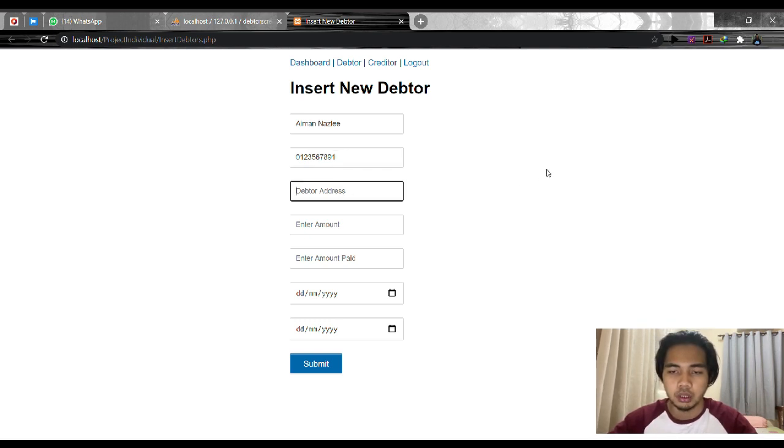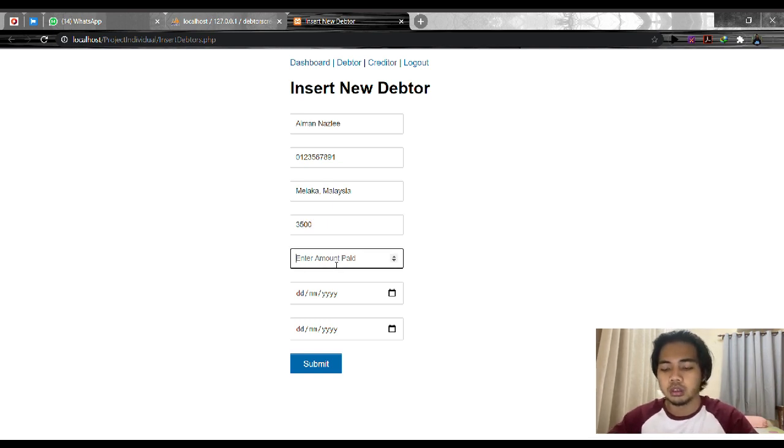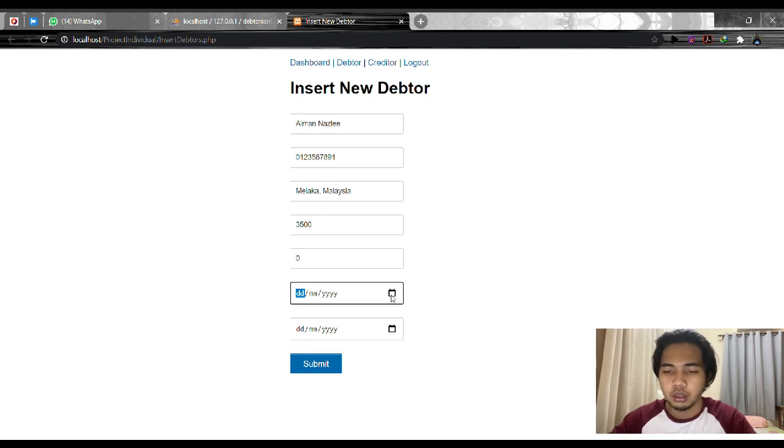So the debtor's address is Melaka, Malaysia. Then enter the amount of the debtor, let's say 3,500, and the amount paid, I put 0, and the loan date.